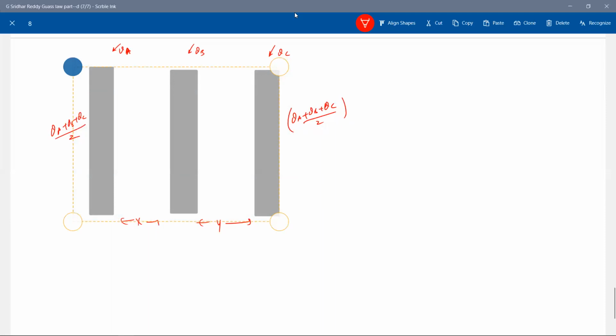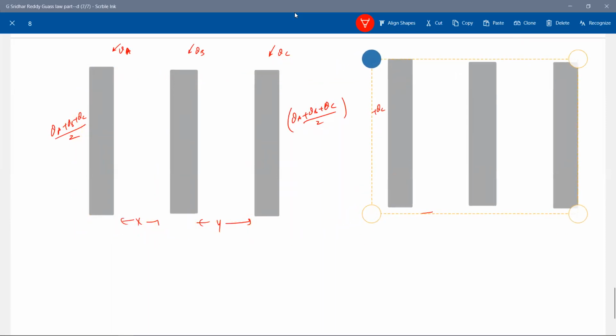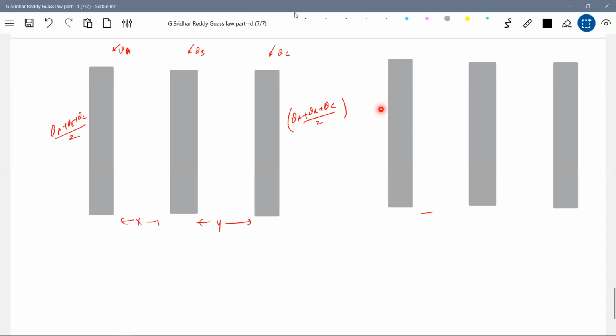Let me take one problem. This is for 3 plates. I'll give charges of 5q, minus q, 2q. What will be the charge on all faces? So what is the method? The charge